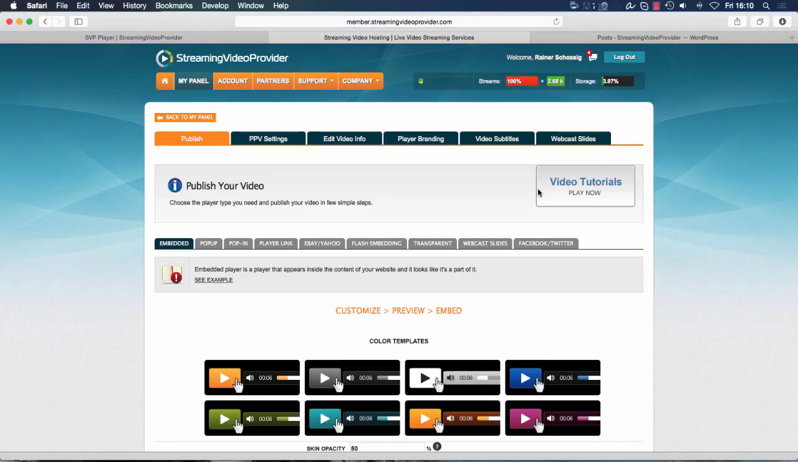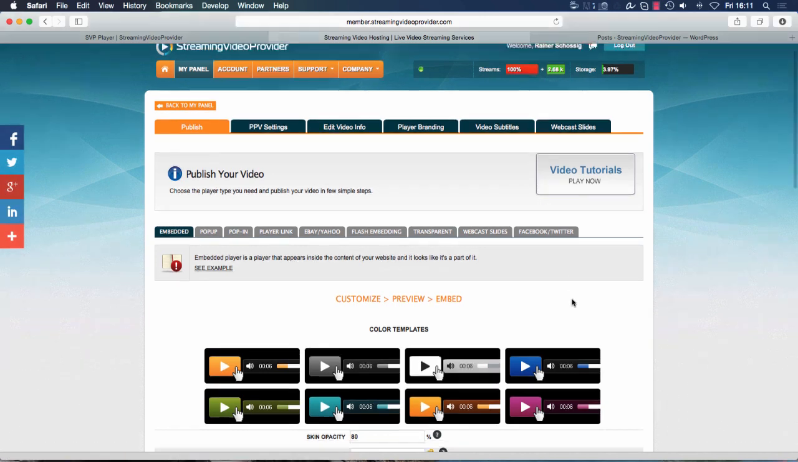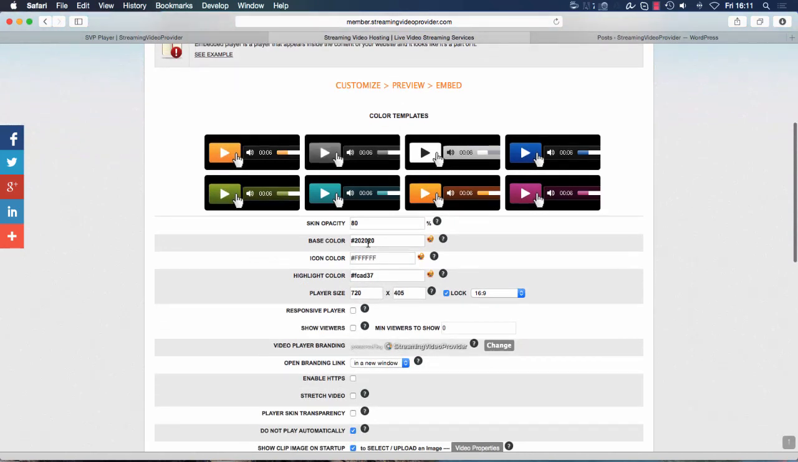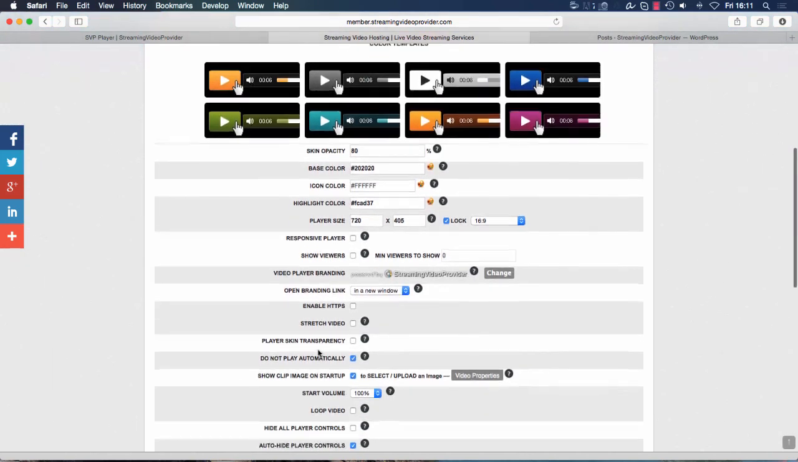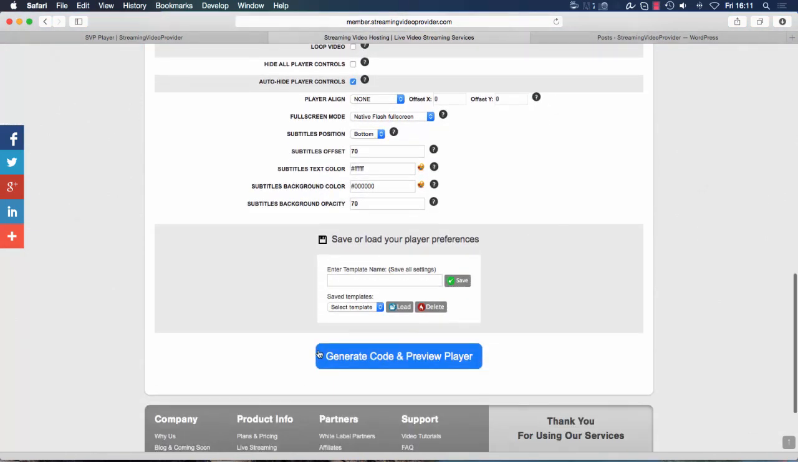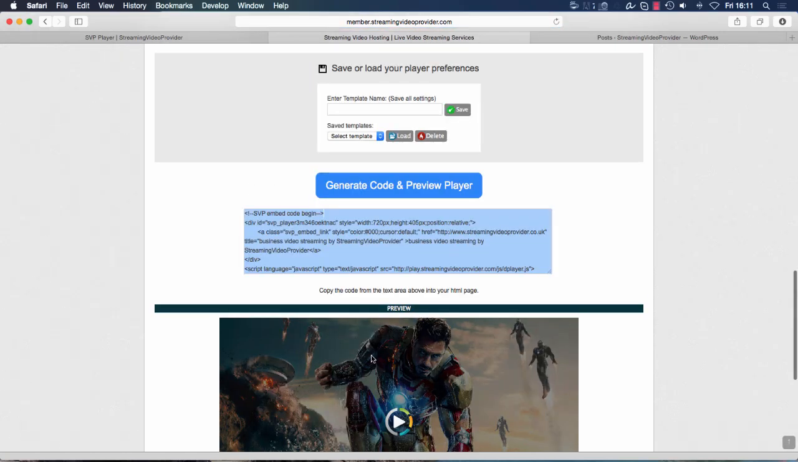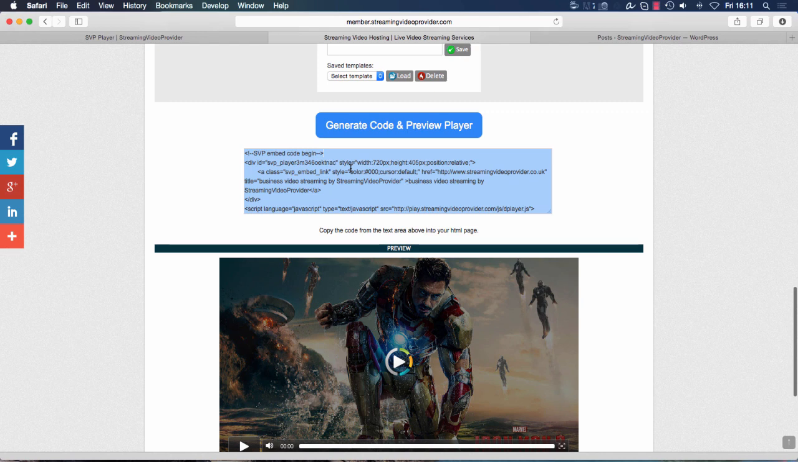Now this gets us over to the publishing settings. In the publishing settings, we're going to choose Embedded, which we already have here. Going to go down, set up the player exactly as we want it to. Once we're happy with it, we scroll all the way down and click on the Generate Code and Preview Player button. So we have our code here now, which we could normally just right click, copy the code